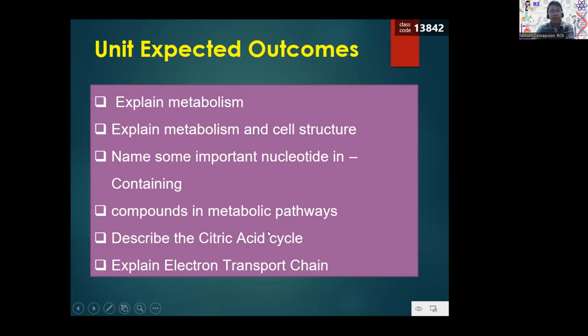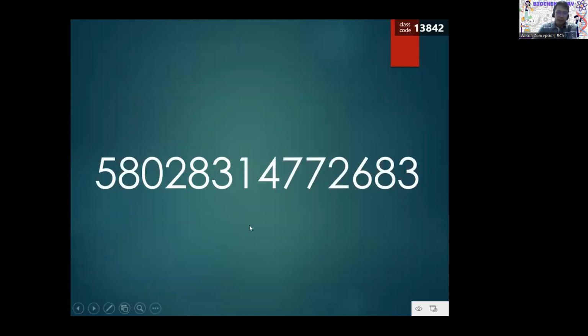So this is more complicated. And of course, we're also going to give details on how the electron transport chain occurs. Okay? But before we start,